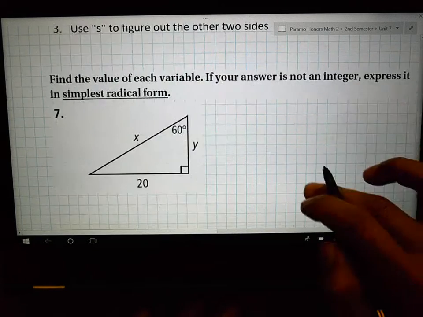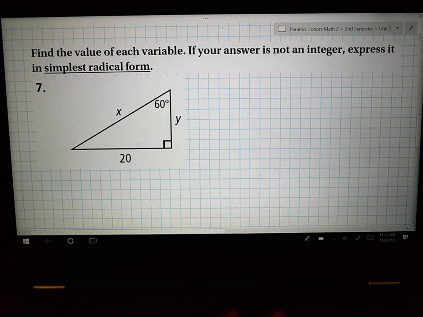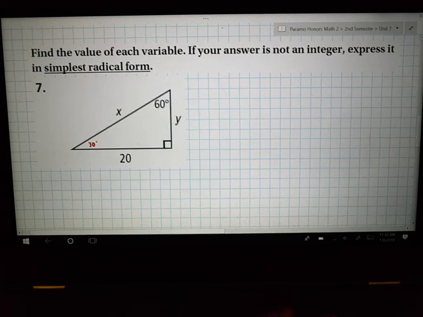Let's look at number 7. When you look at it, there is no way to do the Pythagorean theorem. Our answer is supposed to be in simplest radical form. The first thing I would do is write down 30, 60, 90. I would write out every angle in the problem so you know what's what. And then what I would do,